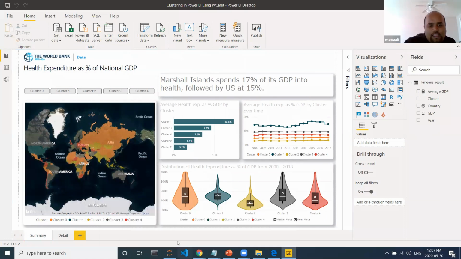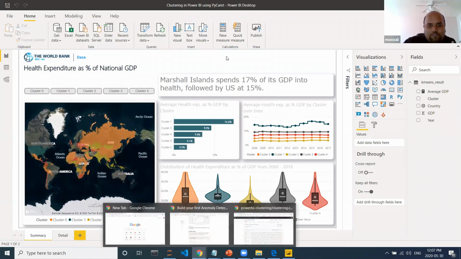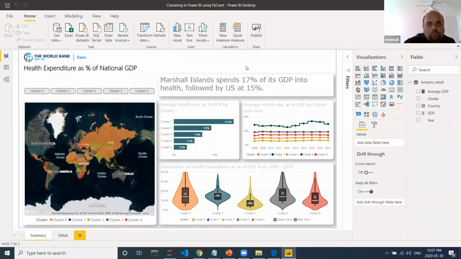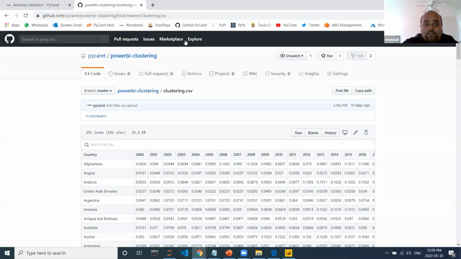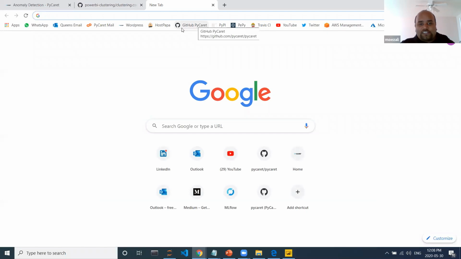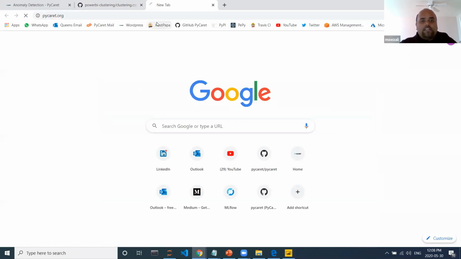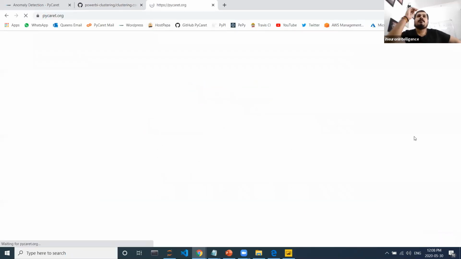Right. So in case of clustering, you obviously want to ignore country, because you don't want country to become part of a clustering algorithm, because there's only one country, one row in the data set. So for clustering, we are ignoring country because we don't want the country name to get clustered. But for supervised problems, and especially there are exclusive challenges on Kaggle that deal with encoding of high